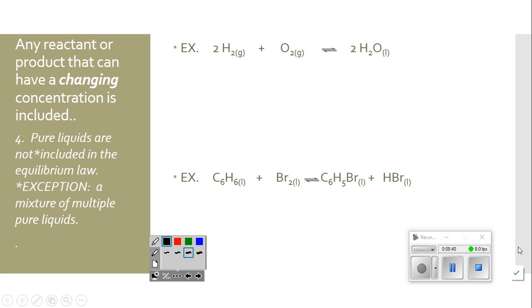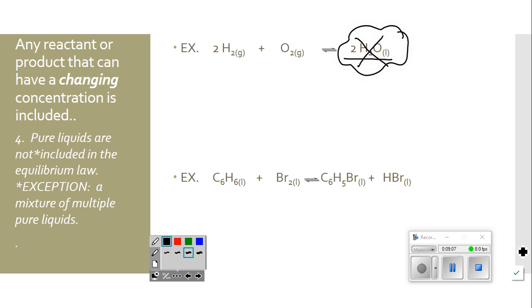The next thing is about pure liquids. And notice I didn't use the word never, I used the word not, because there's an exception. As a general rule, we don't include pure liquids unless everything is a liquid. So in this example, water is a liquid, not going to include it. The fact that water is a liquid